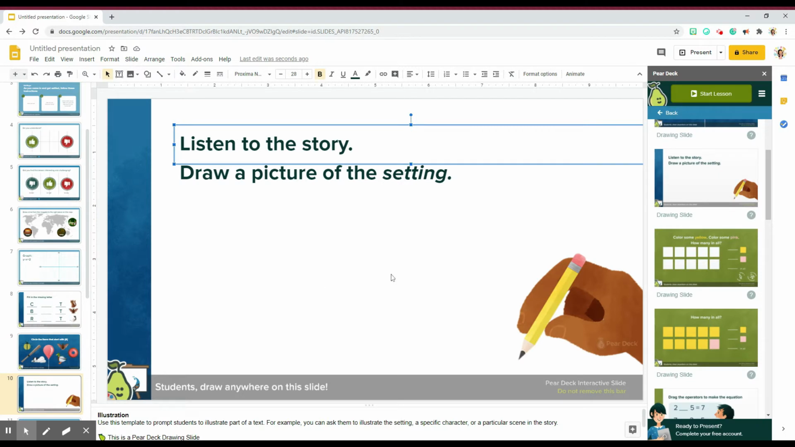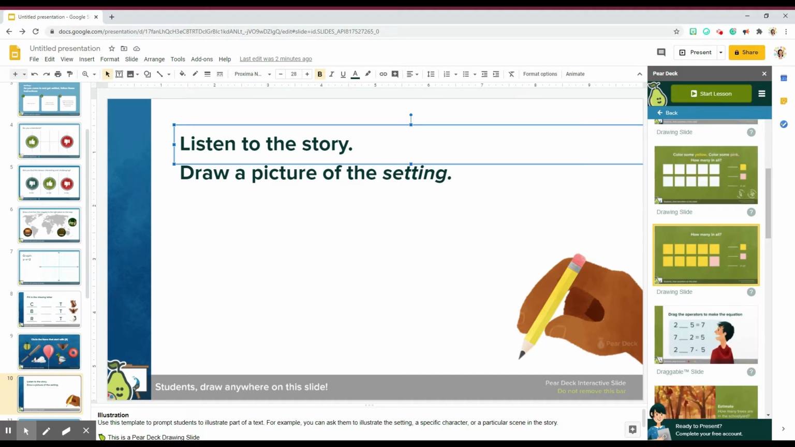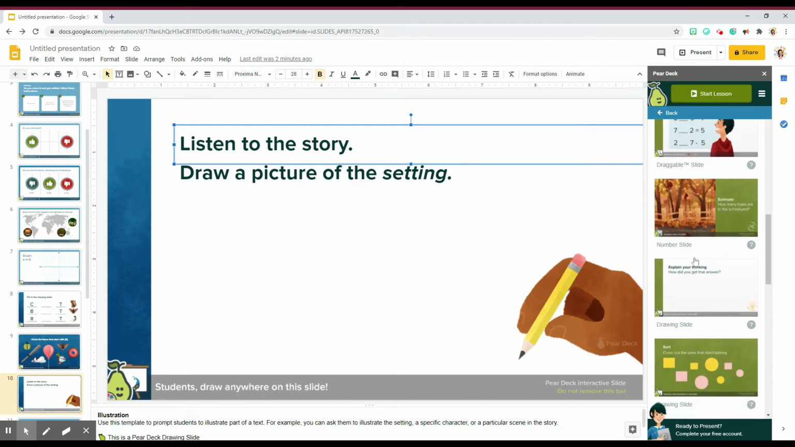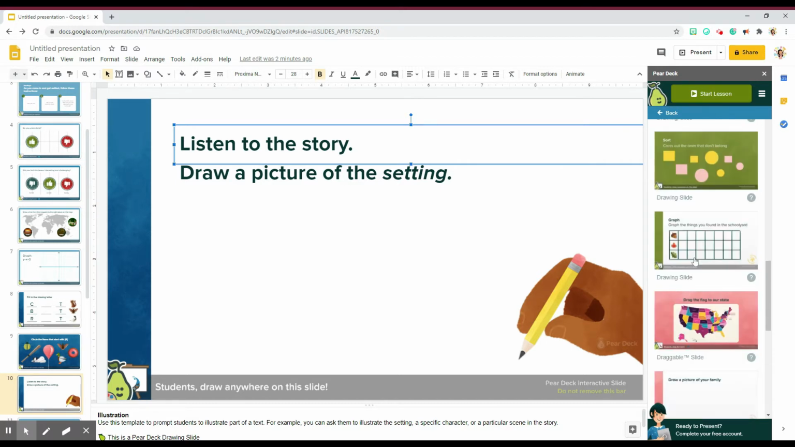This template will be very useful when reading stories to students because it will allow them to illustrate the story as they see it in their mind. They can draw a setting, a character, a specific scene in the story, and you will be able to get that feedback instantly. You will also have math templates here in this category, as well as graphing